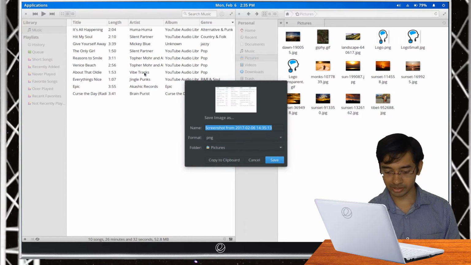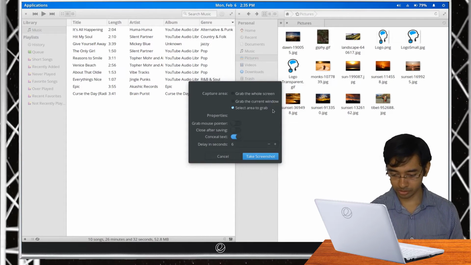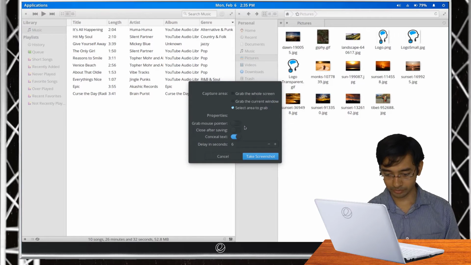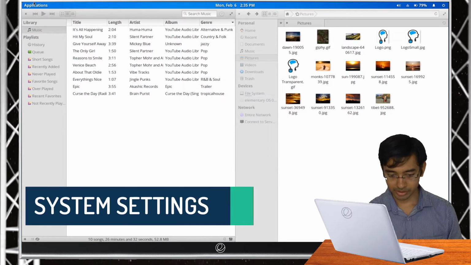as you saw in the entire screenshot, the fonts changed to an illegible font. This feature is quite useful if you have data that is confidential and you don't want to reveal that in your screenshot. Quite simple, useful application, very easy to learn, like all the applications that are bundled by default in Elementary OS. Now let us look at the system settings app.